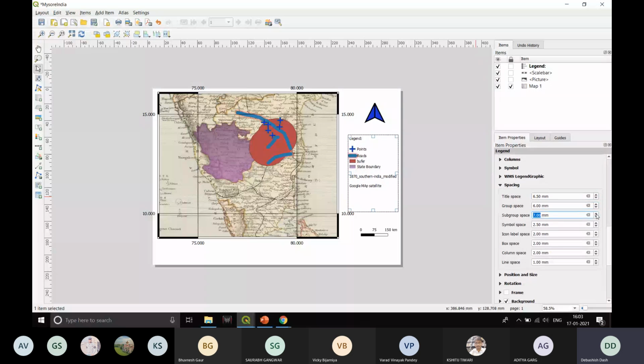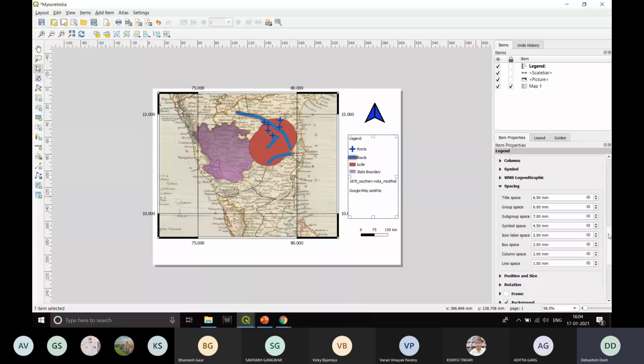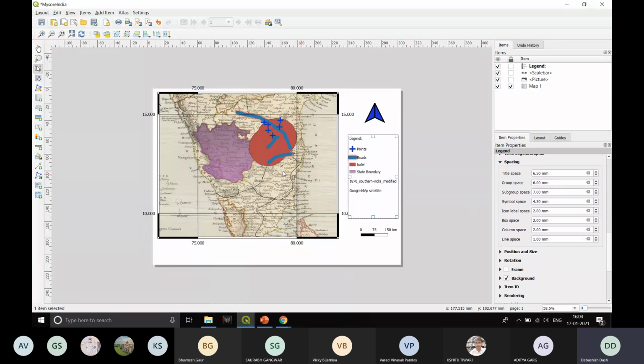Map Composer comes in handy during cartography. Maps of India or any other parts of the world need to be updated from time to time, so this comes very handy. You can create as many maps as you want using this, maybe a thematic map or a climatic map, any map. You can make a lot of customizations here.